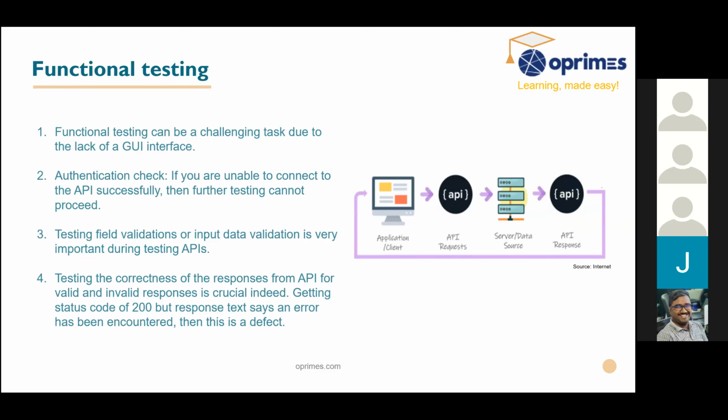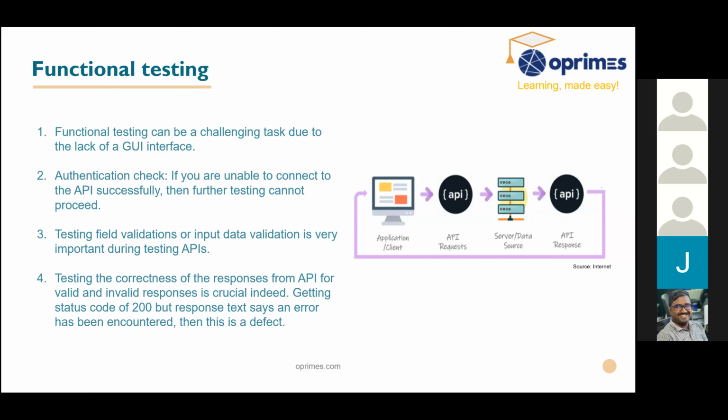So the 3 testings basically are functional testing, load testing, and security testing. Functional testing in the sense of sending the data, making sure it is stored correctly in the database. So in functional testing, what we will do, we have the application, we have the API's request, and we need to make sure whether it is sent to the server and the server accepted the data and responded back to the application with the correct data. Okay, so validating this flow is called functional testing, functional API testing.